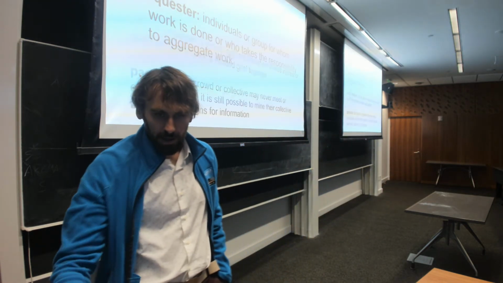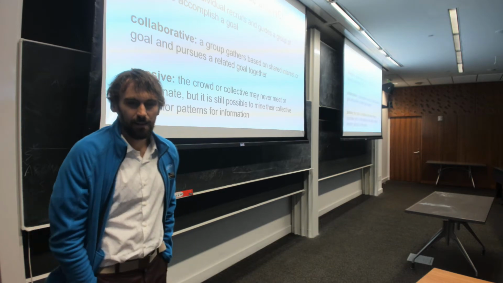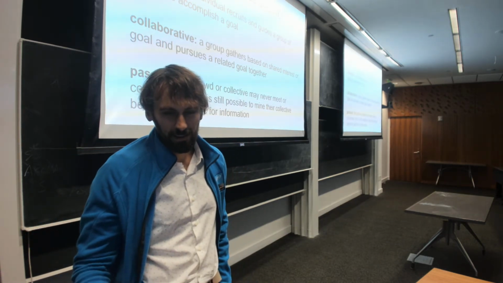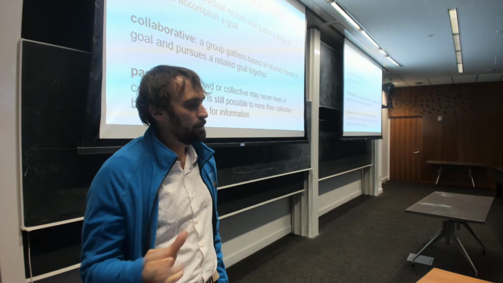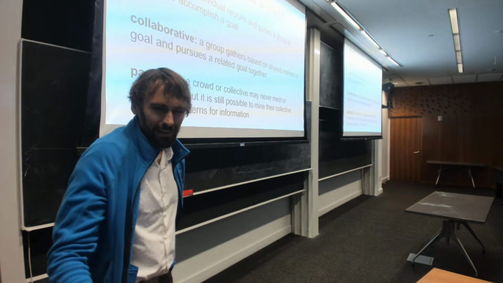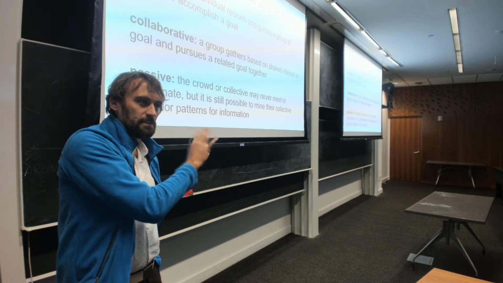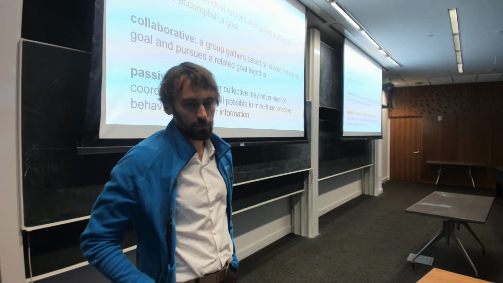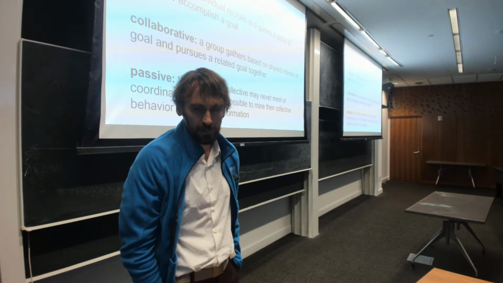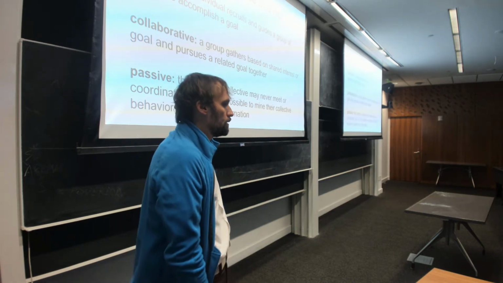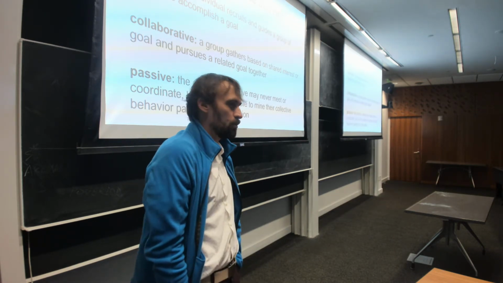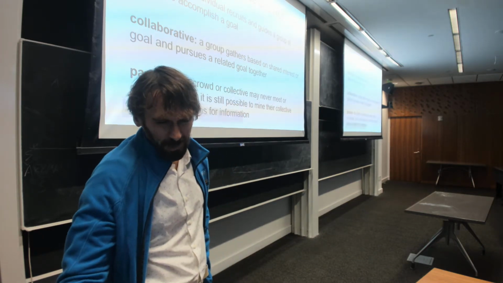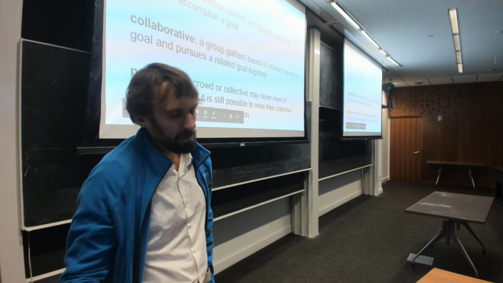Another way to think of this is: what kind of task are people doing? The model I just described with requesters and workers fits best with this directed model. An individual recruits and guides a group of people to accomplish a goal. That's requester requests, directs, workers work. There can also be other things. So, collaborative.